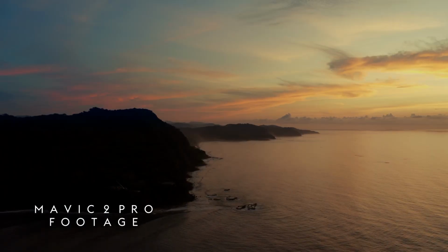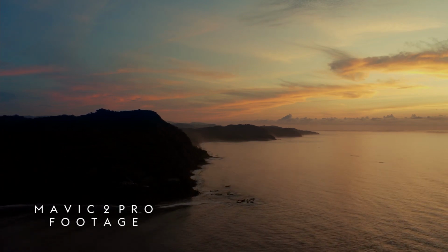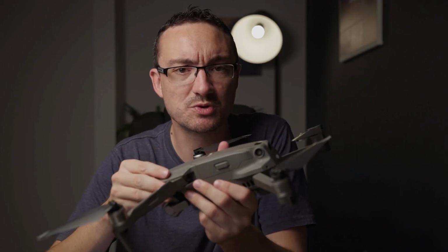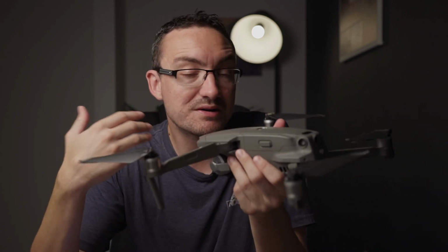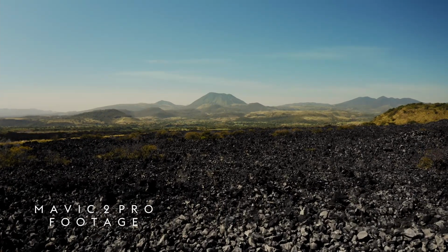It's also the color accuracy, and I've got to say, they use the Hasselblad branding on the front, which you could argue is a bit of a gimmick. But when it comes to the colors, I really do think it adds something, and it definitely gives you a nice neutral image to work from. Very much so. The images you get out of this drone are exactly what you expect it should be. And yes, there are maybe small improvements that could be done over time, but overall, I think it's done a